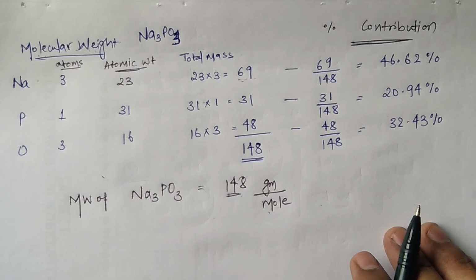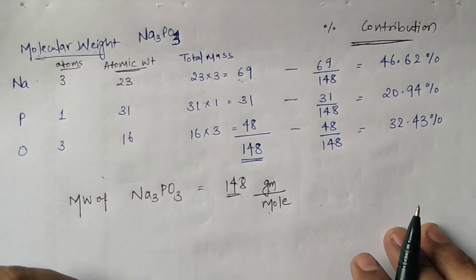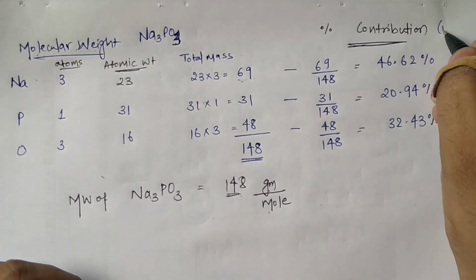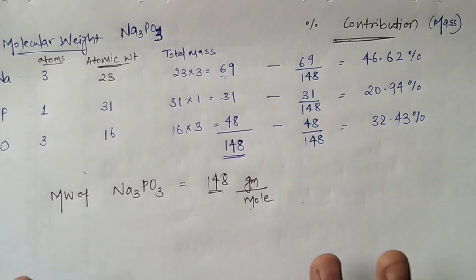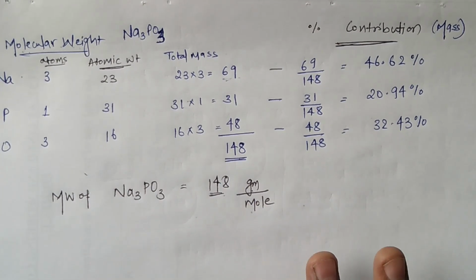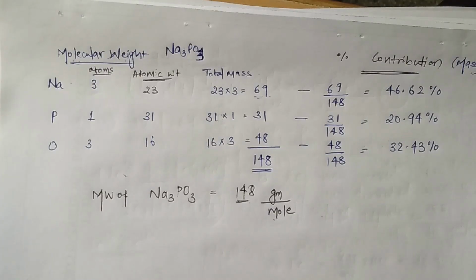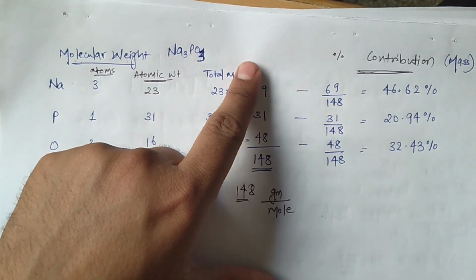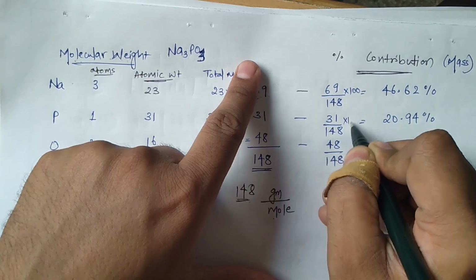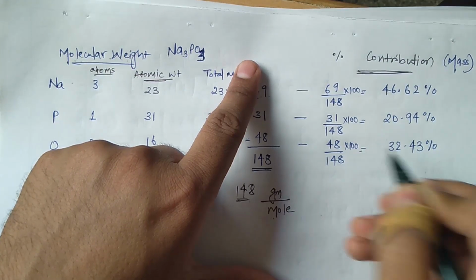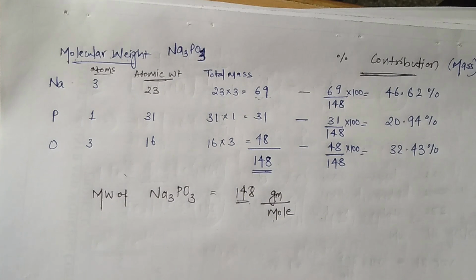Okay, percentage contribution in regard of what? Mass. This is the percentage contribution of mass by each atom in the whole molecule. I hope this concept is clear. Sorry, I forgot to represent over here that we should multiply this by 100 to get the percentage composition. Alright, fine. Okay, now we'll take another example of ferric ferrocyanide.